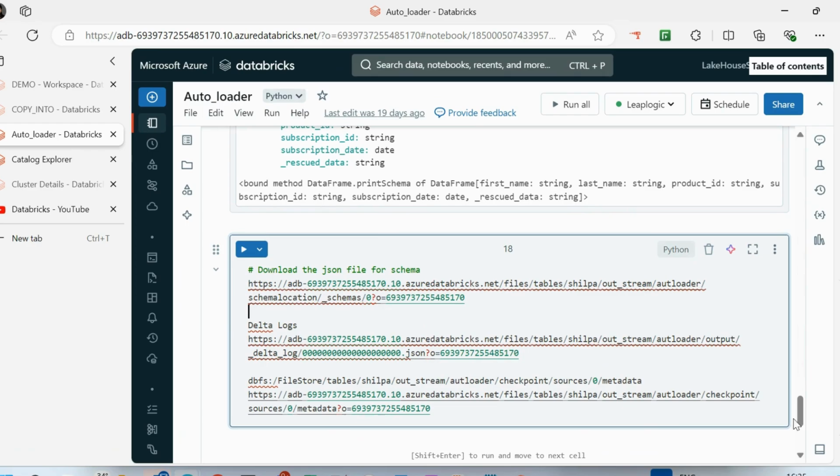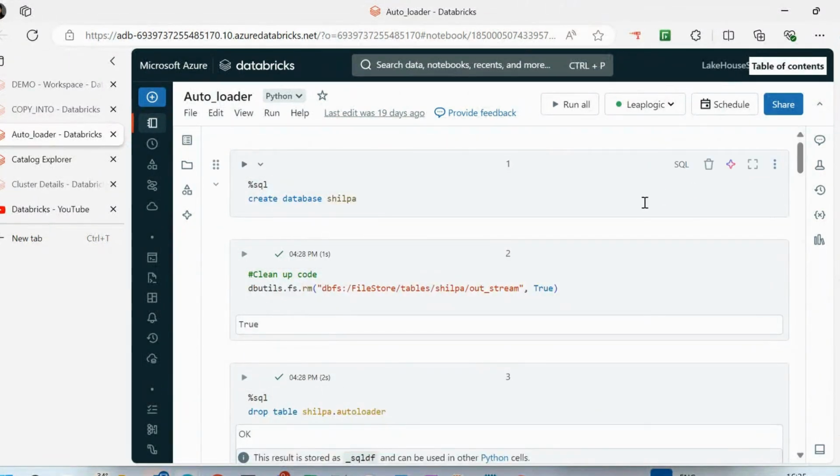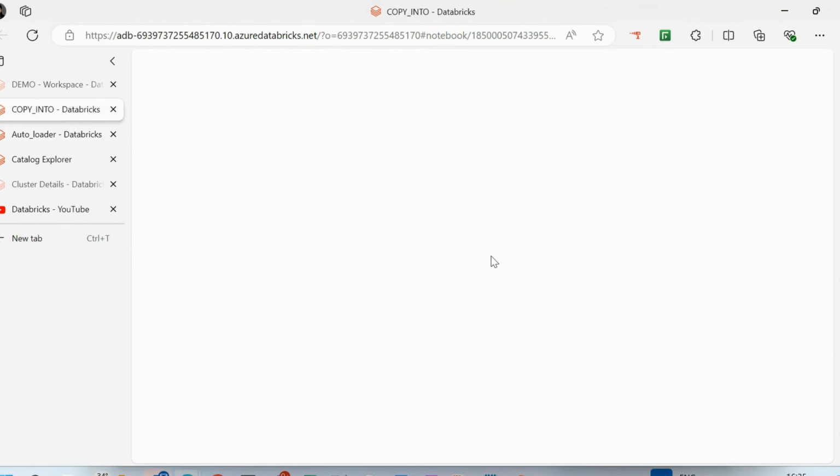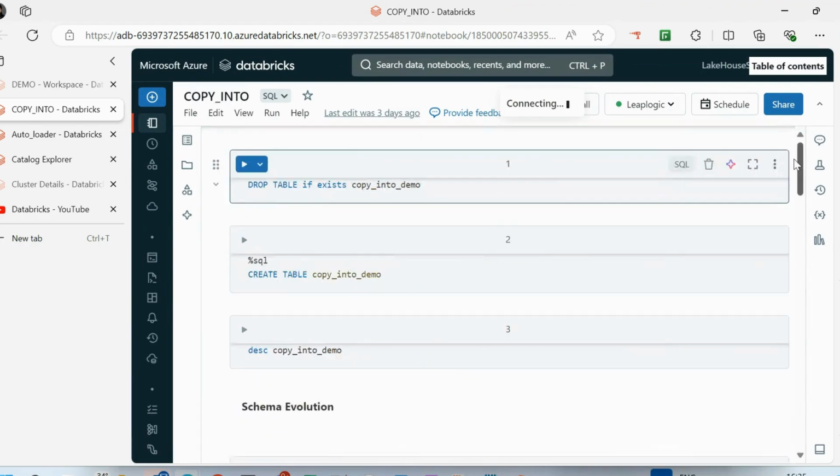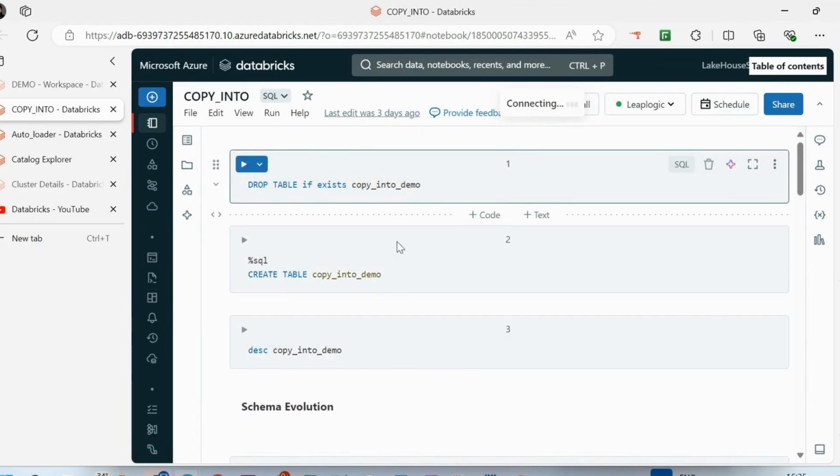So this is how we can actually use our autoloader. So let's see how we can do it for the copy into option. In the copy into, I'll first drop some tables that I've created before to show it.